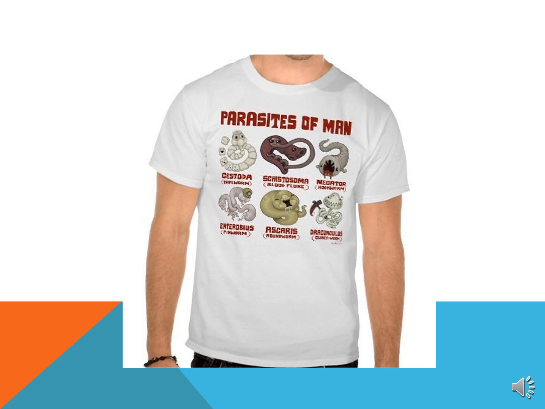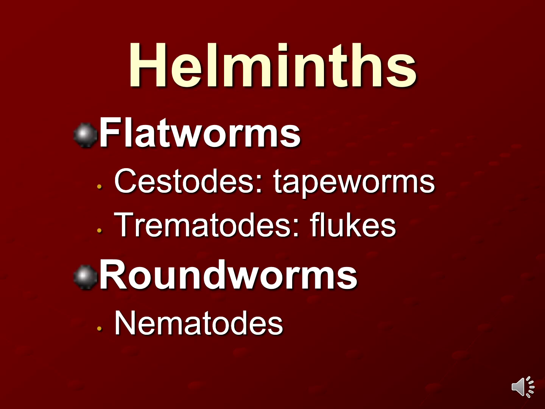Hello again. So today we continue with the other parasites. We have studied the protozoa before, which are unicellular, and now we shall study the worms actually, which are large and multicellular. And under the worms, which are called in parasitology the helminths, we have got the flatworms and the roundworms. And under flatworms, we have cestodes or tapeworms because the adult worm looks like a tape, like the scotch